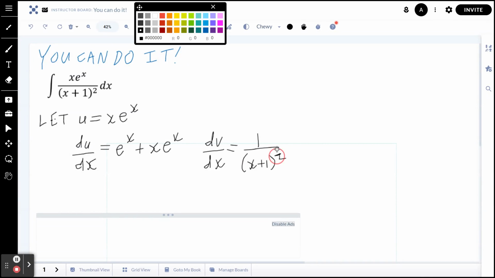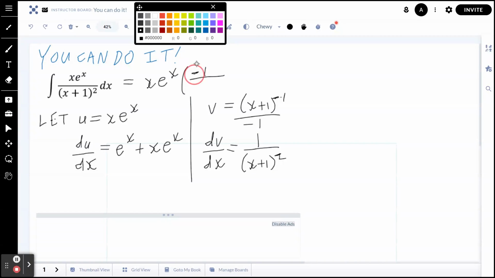Now, I am going to draw a line here to separate these two ideas. You want to find the antiderivative. So v, in this case, is going to be (x plus 1) to the power of negative 1 divided by the new exponent, which is negative 1. So by applying the integration by parts formula, the entire integral equals uv, which in this case is going to be x e to the power of x times negative 1 divided by 1 plus x, or x plus 1,